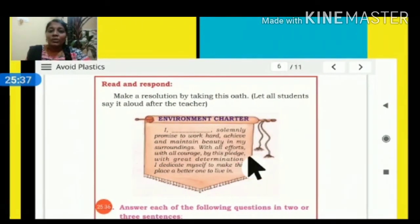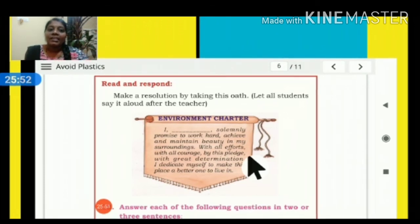So what you are going to do now is take an oath or pledge. It's an environment charter. You have to take a resolution. What is that resolution? See here, I, dash. In the dash you have to say your names. Repeat after me, okay? When I say my name, you have to say your name. I, Suma Reddy,